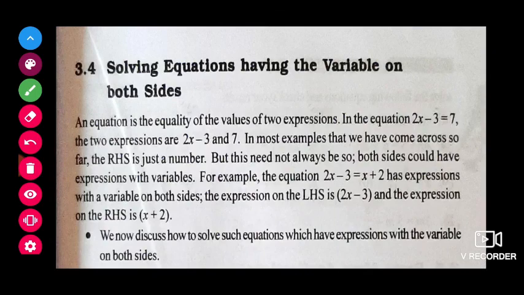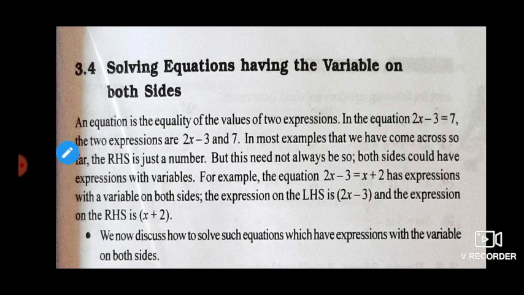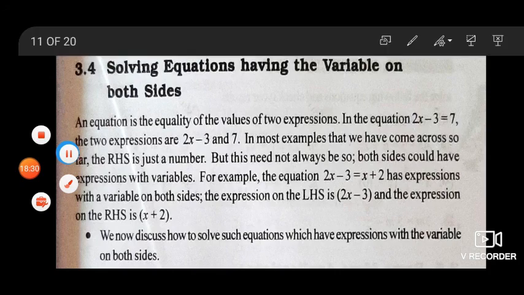Next, solving equations having the variable on both the sides. If we are having the variable on both the sides, how to solve? This is much easy, children. What is that means? For example, in a previous case, only the variable will be on one side, and what we were doing, we are sending all constants to one more side and we are finding the value. Okay, here if the variable is there on both the sides also, only one step extra, children. Very easy thing. What is that means?